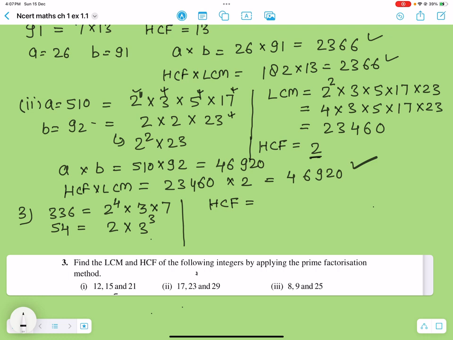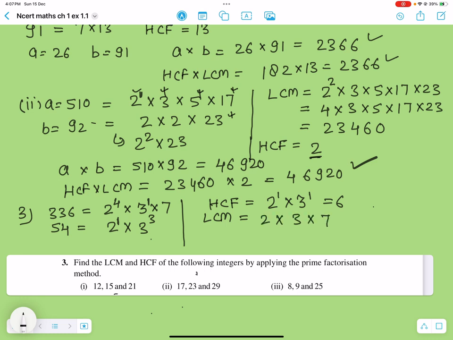2, and the other number is 3, and we need to take the least power, right? So the least power for 2 is 1 here, and for 3 is again 1. So the HCF becomes 6, and LCM would be, we note down all the prime factors, 2 multiply 3 multiply